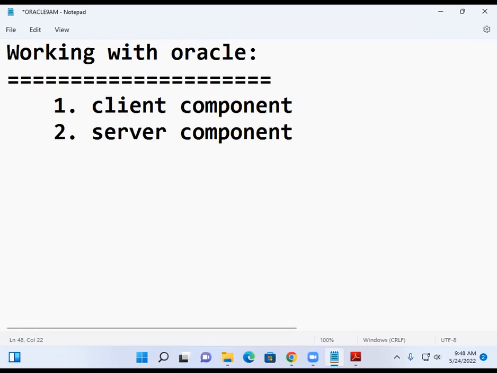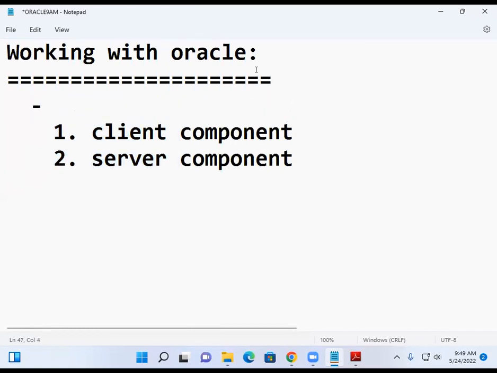Server component. So these are the two components which are installed in your system after successfully installing your software. Now let me see what is client and what is server. Otherwise, here I will give some statement also. Write down below. So once we install